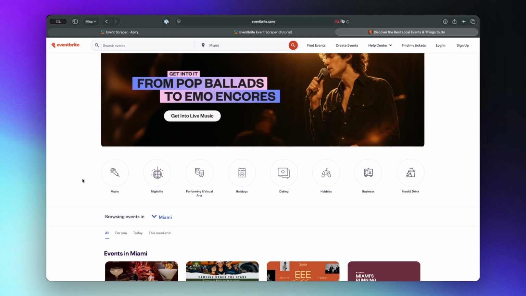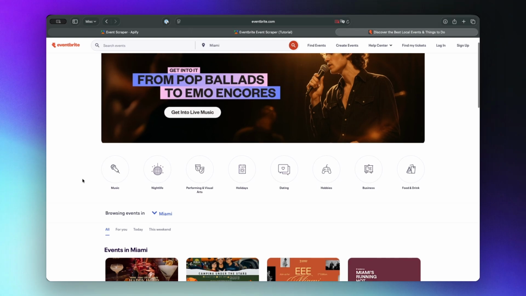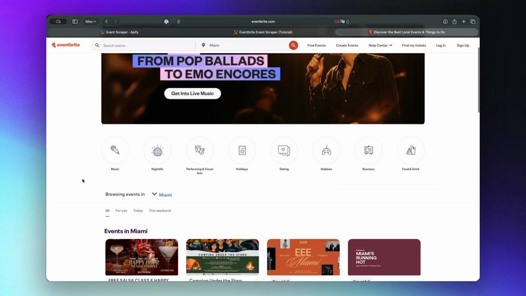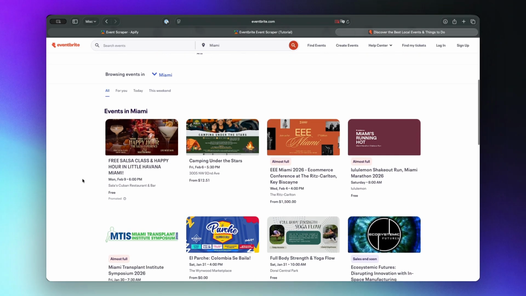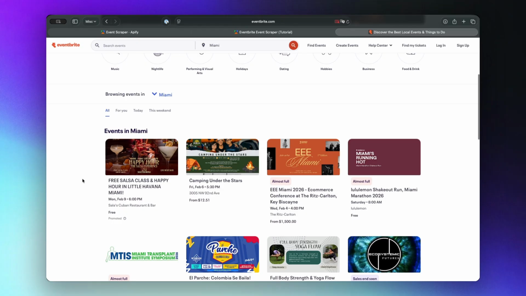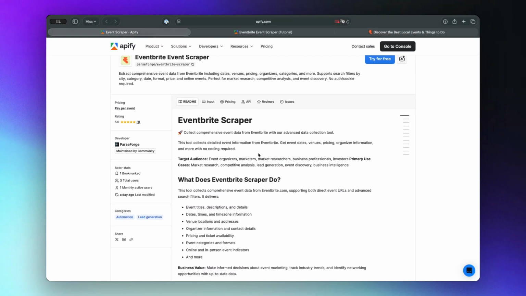Hey, so finding, tracking, and analyzing events on Eventbrite is usually a manual mess, scrolling through listings, opening event pages one by one, and copying details into spreadsheets. In this video, I'll show you how to automatically collect complete Eventbrite event data in minutes using this scraper by